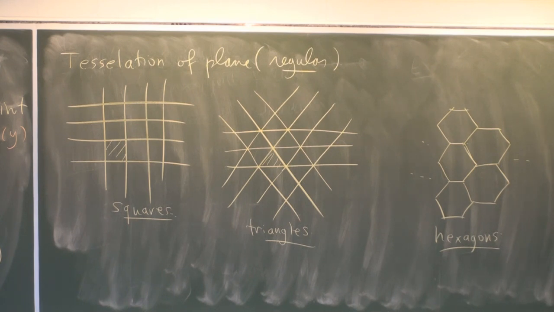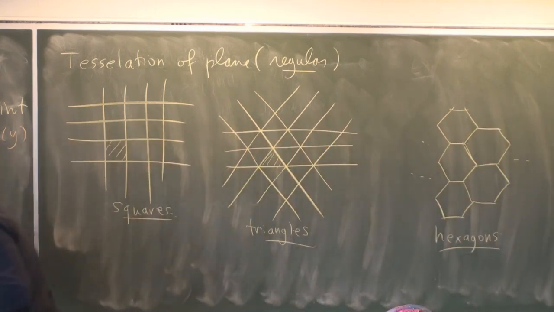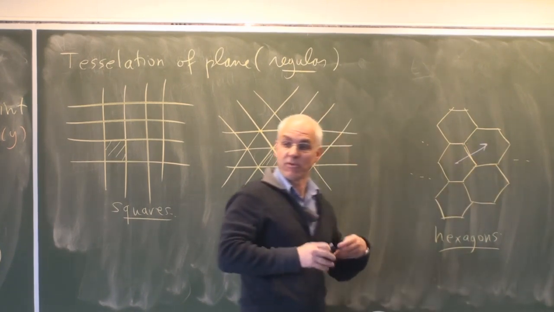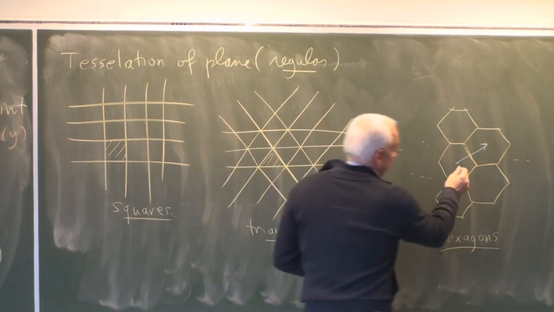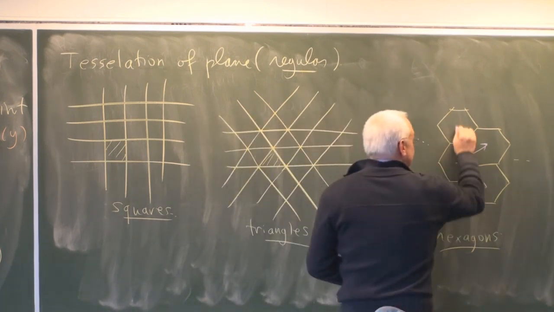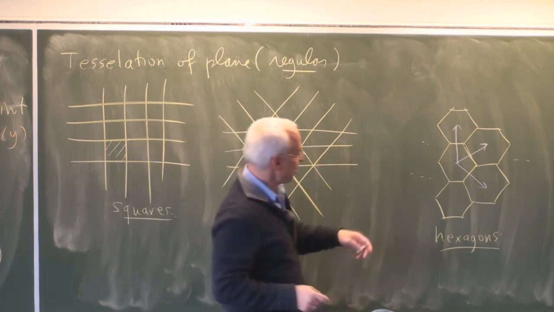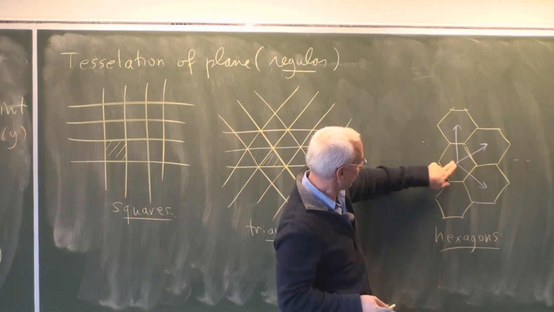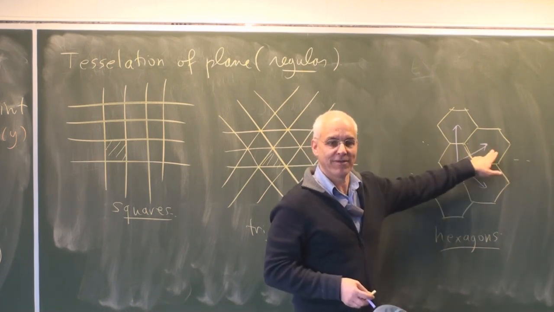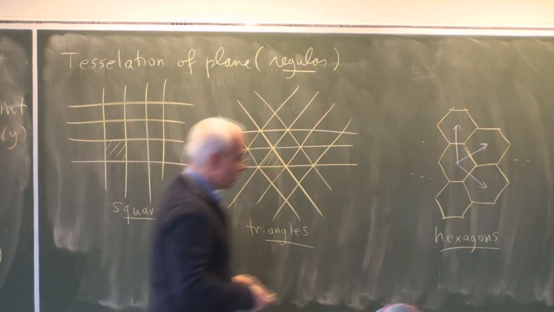Well, we consider the translational symmetry group of this picture here, which has this kind of translation that preserves it. And then there's another translation in this direction. And there's another translation in this direction. Those three translations are not independent. You can see that if you do this one and then this one, it's the same as doing this one. Anyway, it's a nice symmetry.